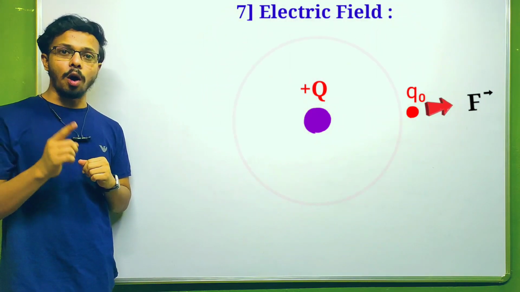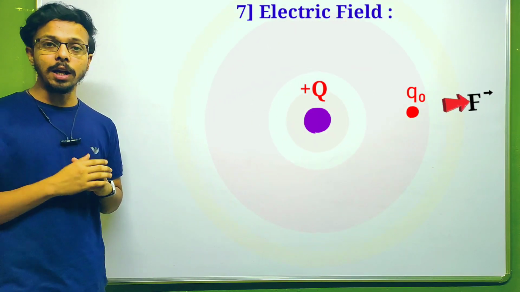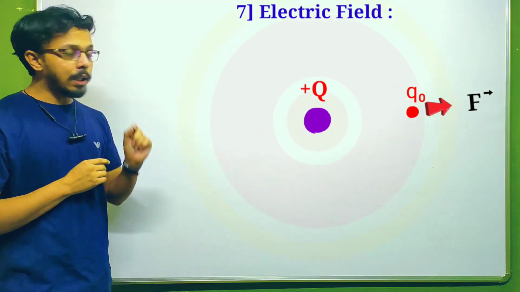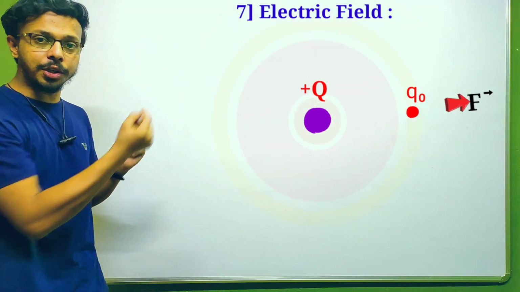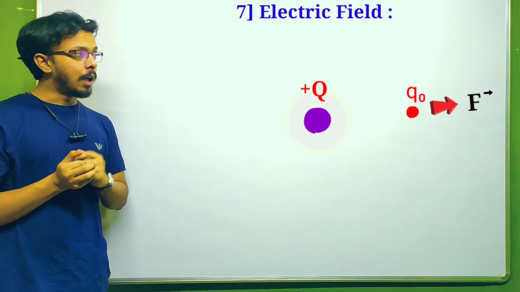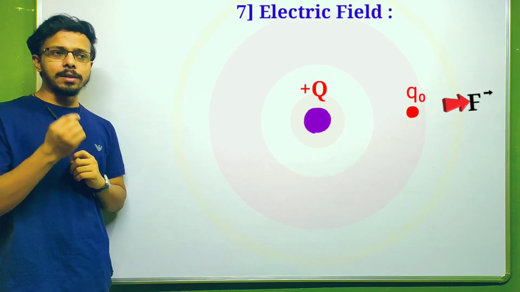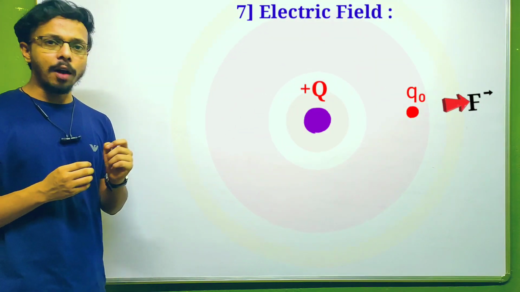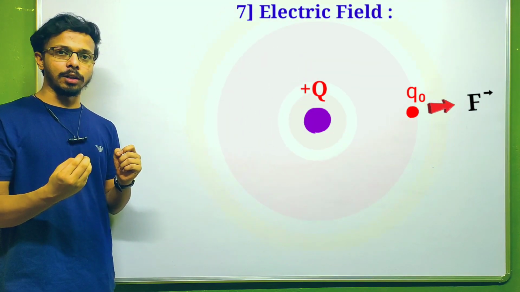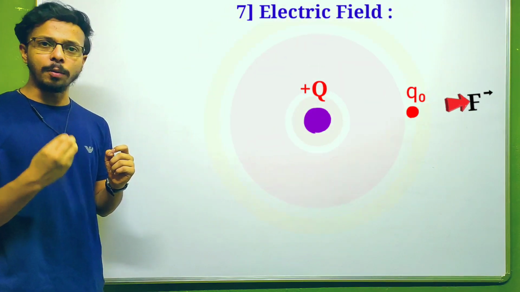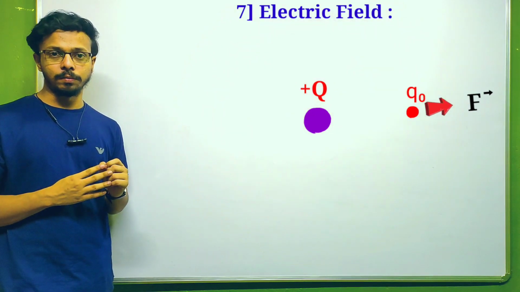And that charge is called a test charge. It is a unit positive charge, also called a test charge. To understand the field of this capital Q charge, we are bringing a test charge. And what is meant by test charge? It is a charge having the smallest value. It is basically a hypothetical concept, a charge having a very small value. And we know that the smallest charge present in nature is 1.6 times 10 to the power minus 19 coulomb, the charge of an electron. And it is assumed that the test charge has a very small value.